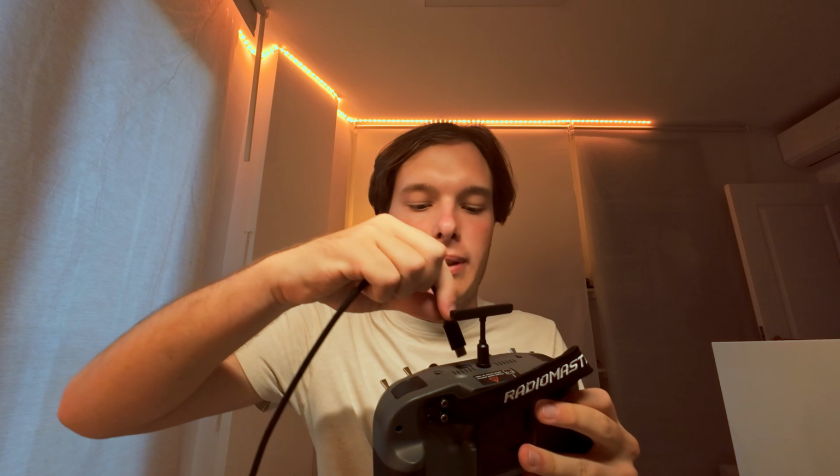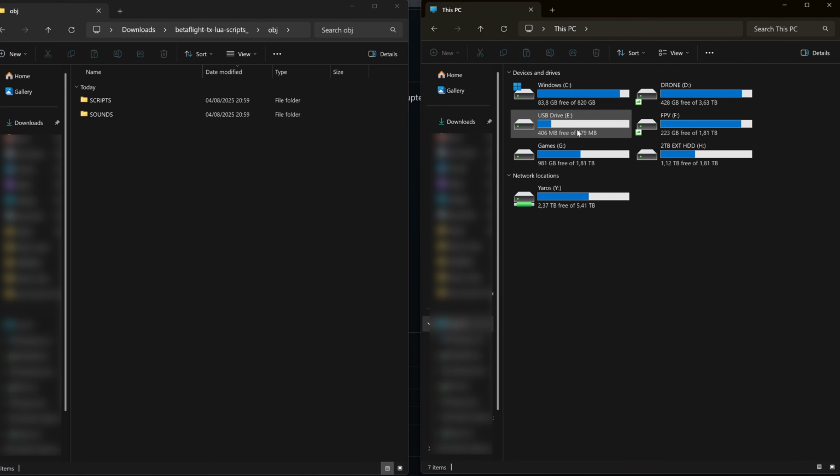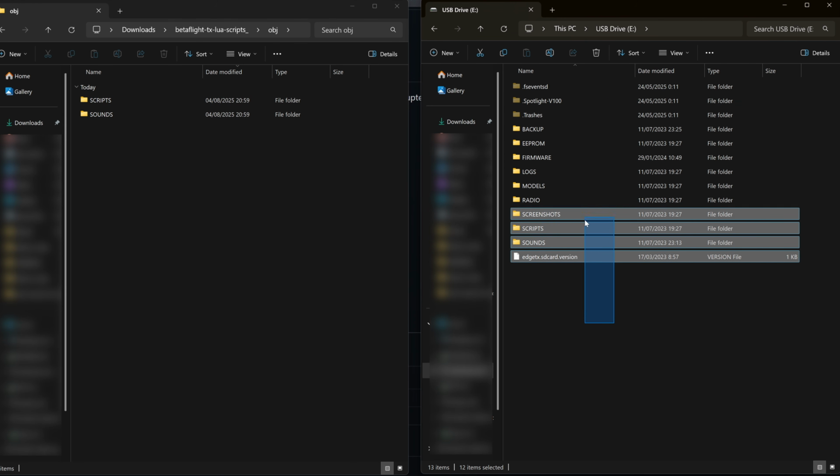The next thing is you have to turn on your remote. Once it is turned on and on the home page, you have to plug in the USB cable. This will pop up a context dialog on your remote. There select USB storage SD. Once you selected that, you'll find a new USB drive pop up on your computer. That's the SD card of the controller. If that doesn't work, however, and you have a USB SD card reader, you can just pull your SD card out of the remote and stick it into that. It'll work just fine. So now, once you go into the drive, you'll see this folder right here.